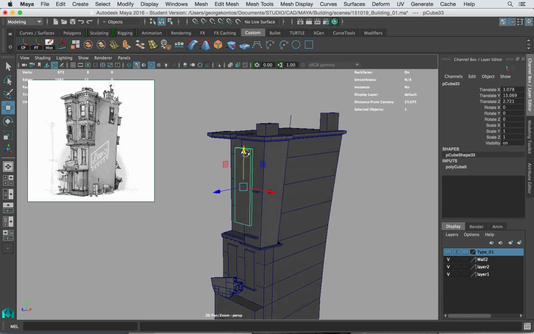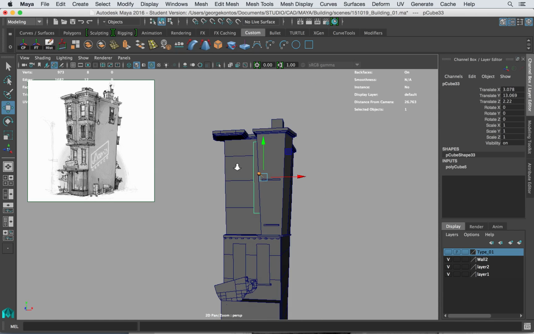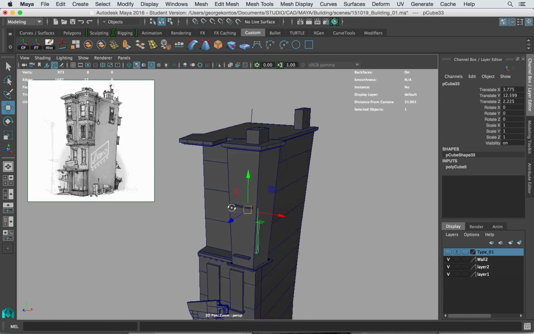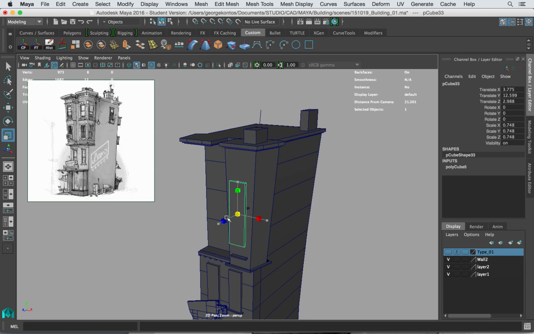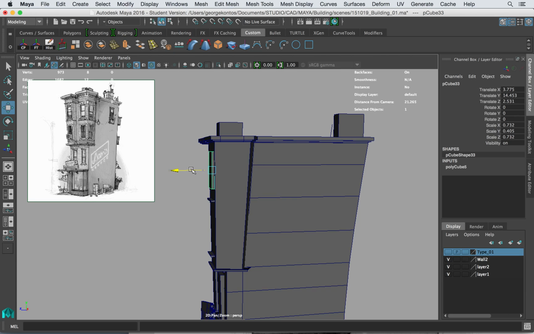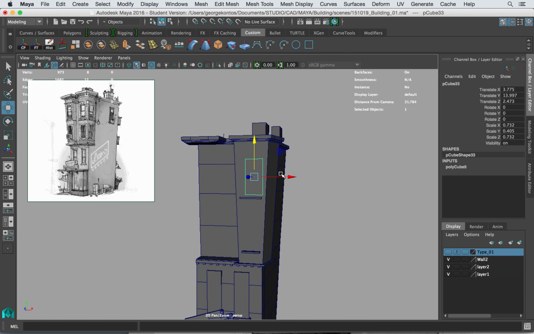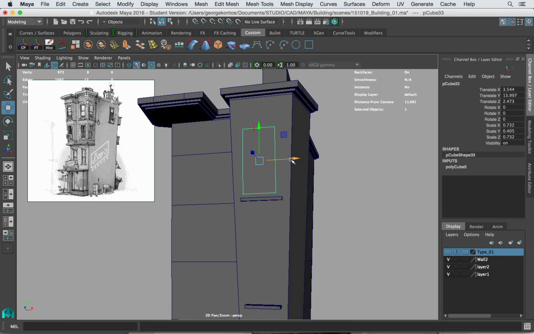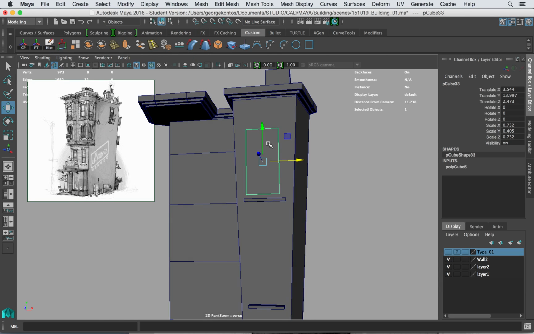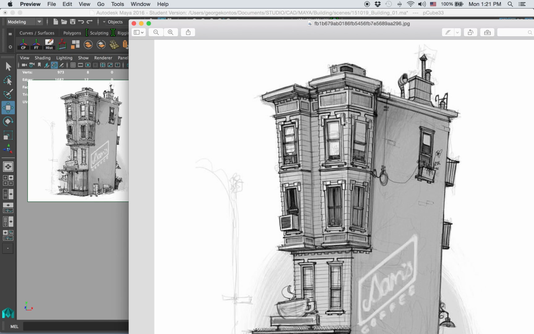I have a temporary window here, like a placeholder. I'm going to move it and scale it and move it into position. So as I move that, I'm going to look in the photograph, and this is really, really wide and taller. So that's what I have. And maybe here, by looking at the image,